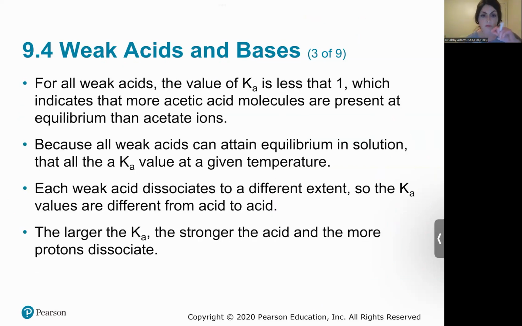Okay, so for weak acids, that constant, all right, so the value of Ka is less than 1. And it indicates that you're going to have more acetic acid, right? So more of your acetic acid molecules, like if you look back at that equation at equilibrium, than your acetate ions. So that's exactly what we talked about in class already. So if you're going to have your products over reactants, remember again,